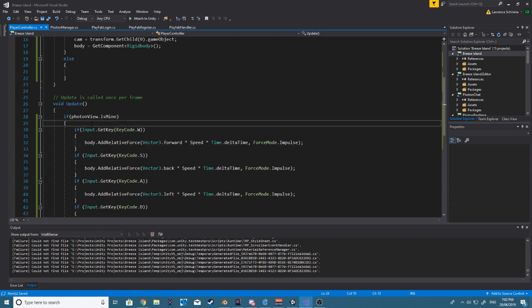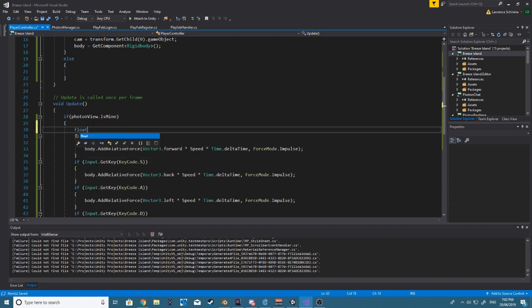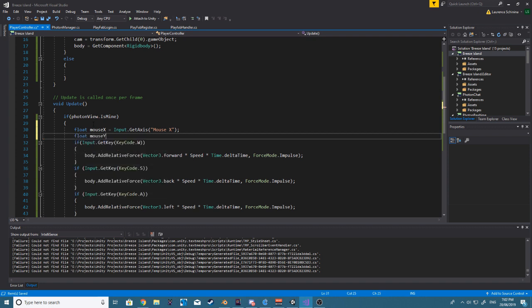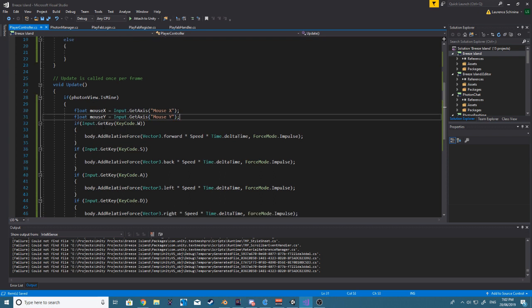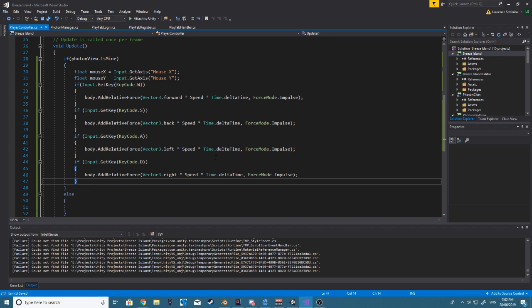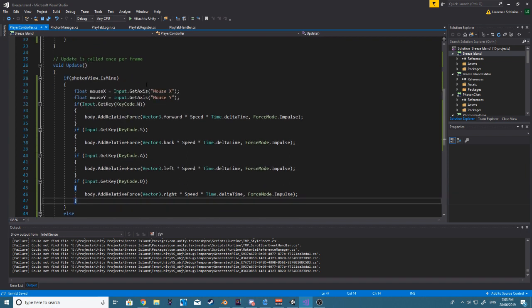Next thing we want to work on is our camera. So we want to get our float mouseX equals Input.GetAxis, and we want to get our mouse X. Next thing we want is our float mouseY. Same thing, except this time it is going to be our y position for the mouse. Okay, so basically we want to rotate the game object, and then we want to rotate the camera, sorry,